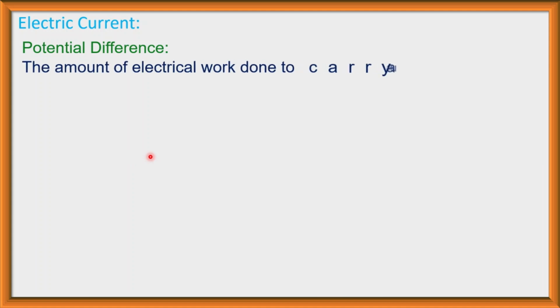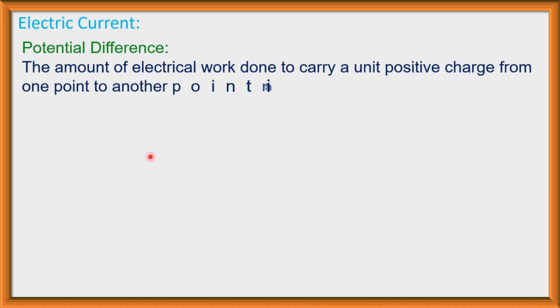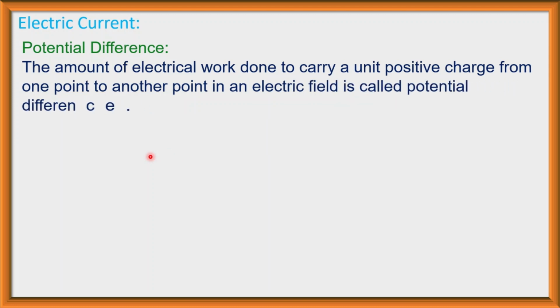Now, potential difference. The amount of electrical work done to carry a unit positive charge from one point to another point in an electric field is called potential difference. Electric potential means to carry a unit positive charge from infinity to a point in an electric field. But potential difference means the amount of electrical work done to carry a unit positive charge from one point to another point